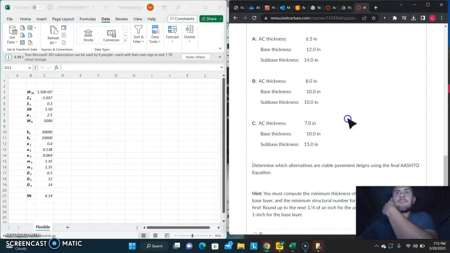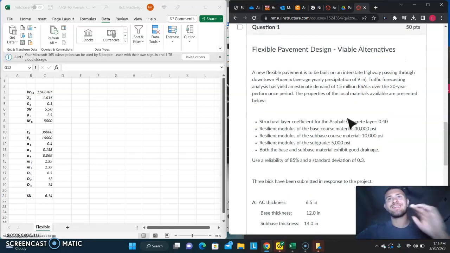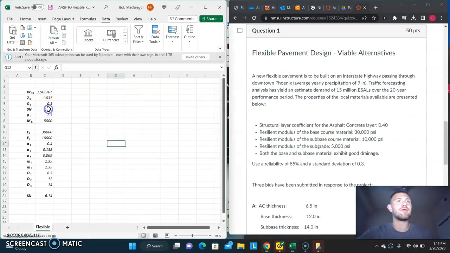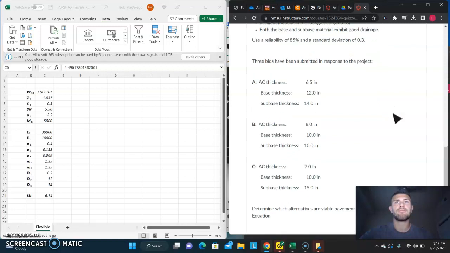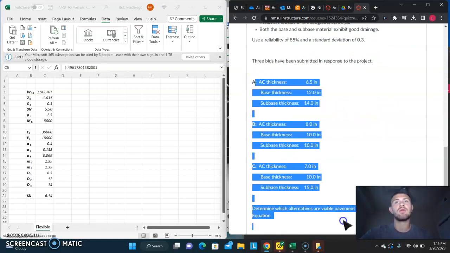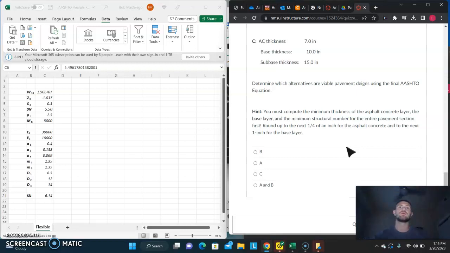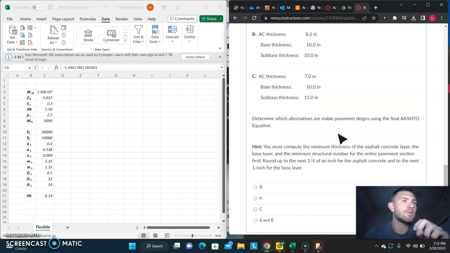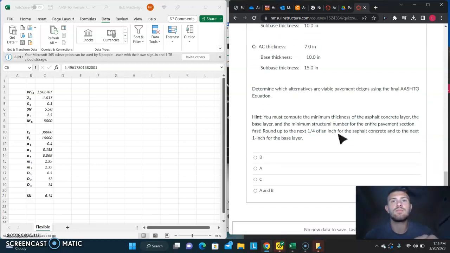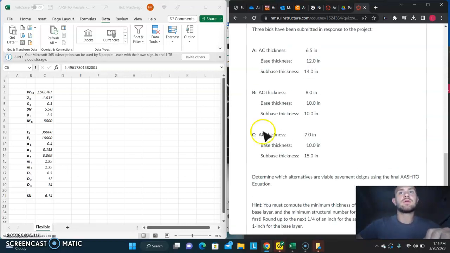Oh boy. I don't know. You can kind of see what I did though. I found the minimum SN for all of this, but I put all of them in and all of these worked. So I don't know. Maybe that one? Because I think one of